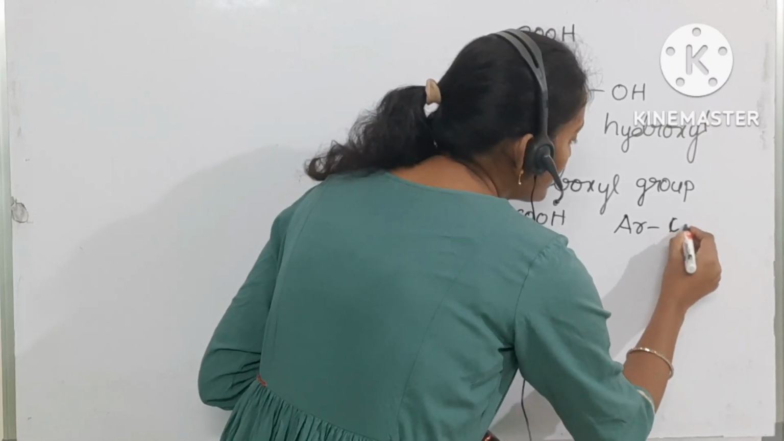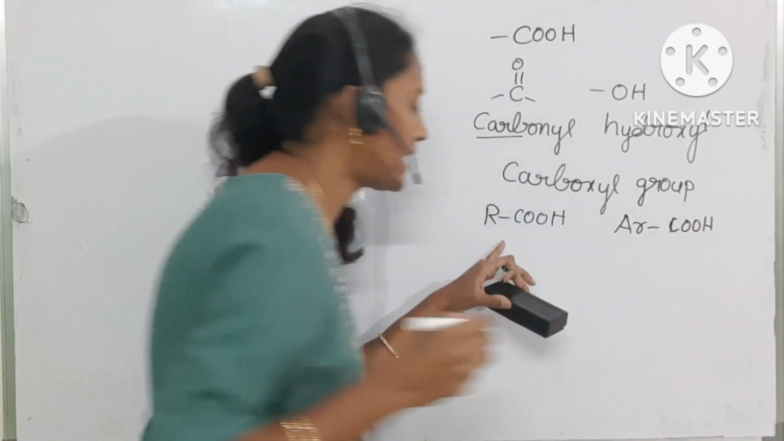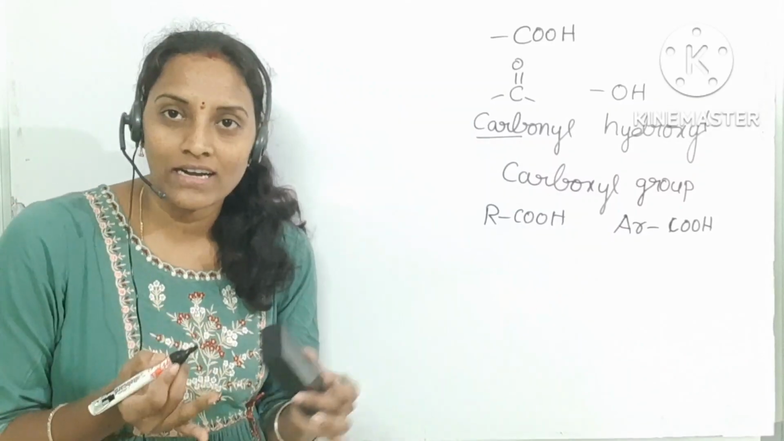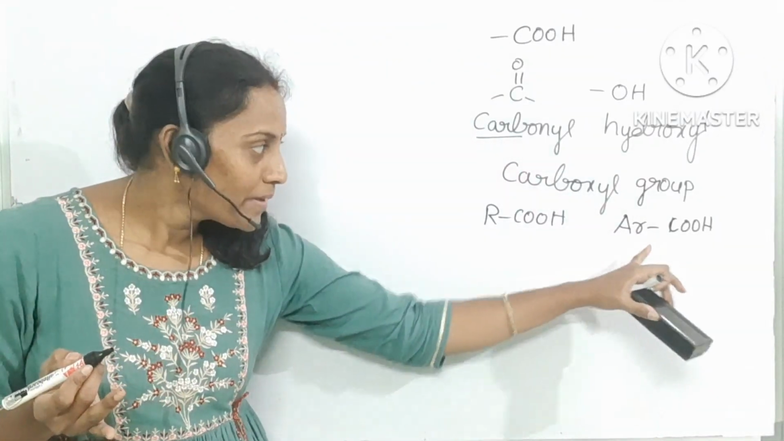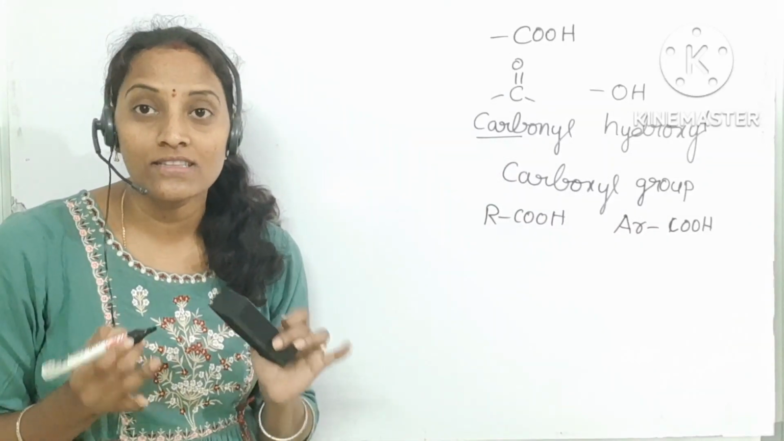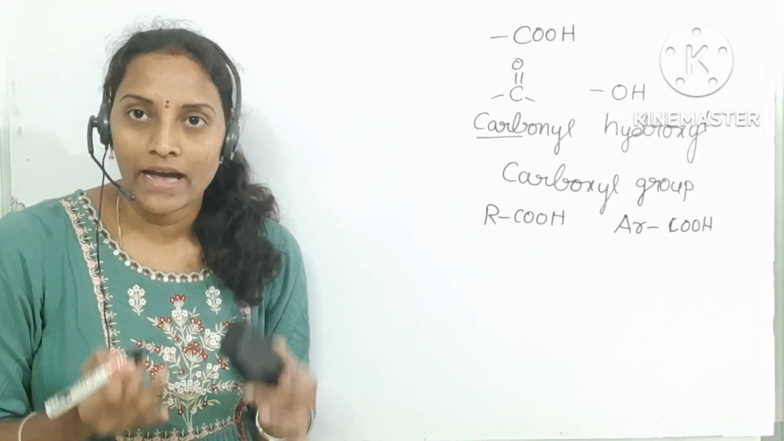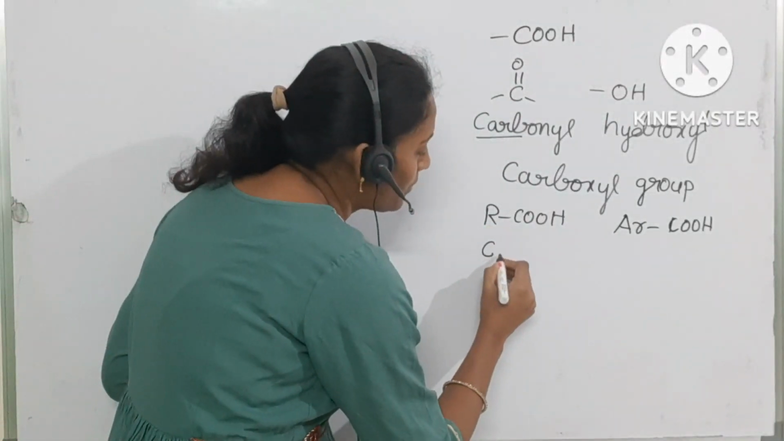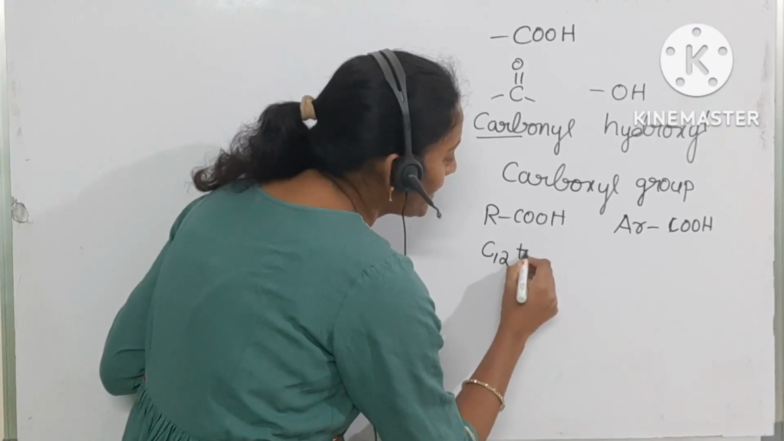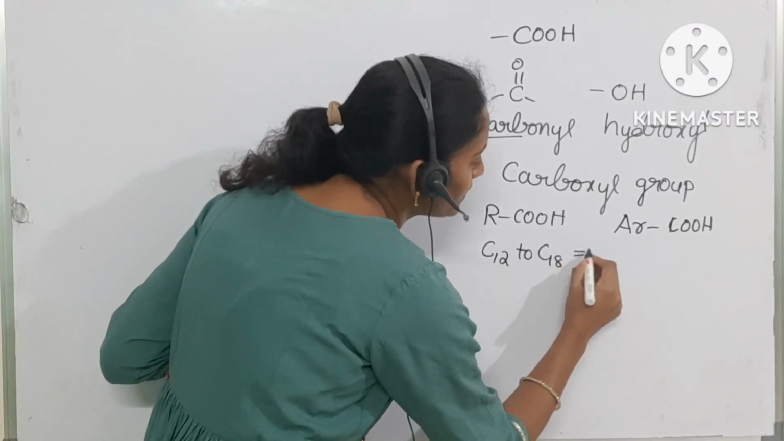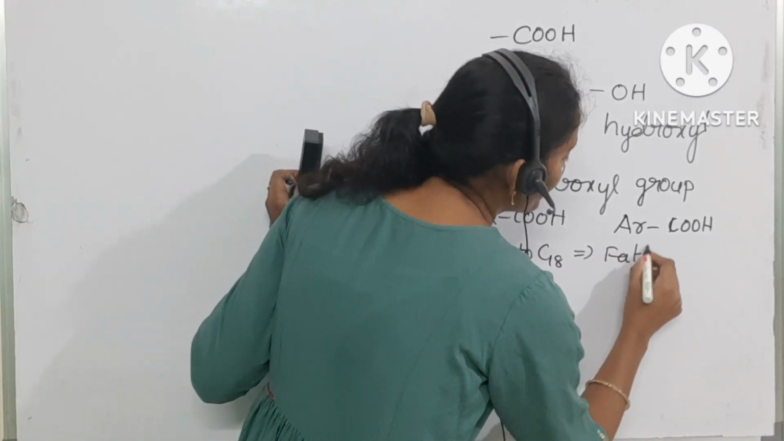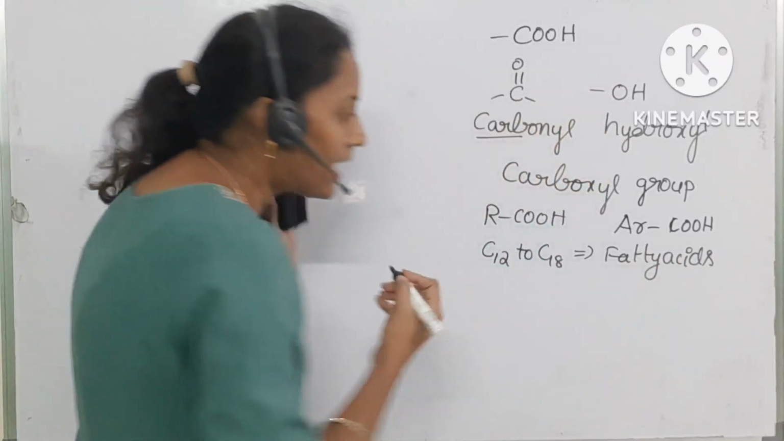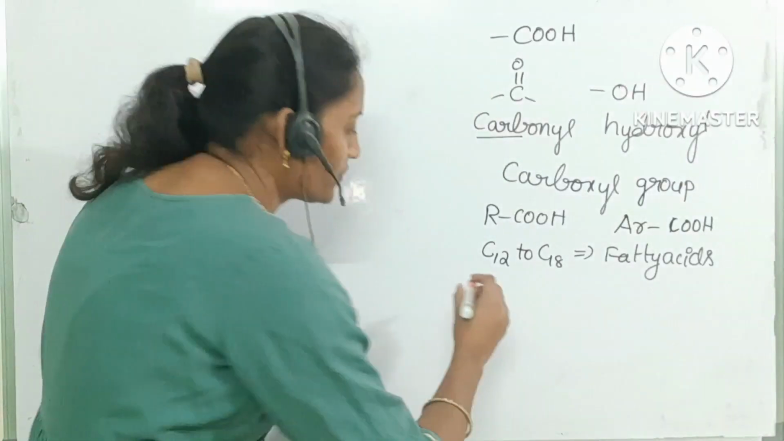Why? Because here, in aliphatic carboxylic acids the carboxylic group attaches with the alkyl group. In aromatic carboxylic acids the carboxylic group attaches with the aryl group. Here if the carboxylic compound has 12 to 18 carbon atoms, that is called fatty acids. Fatty acids and carboxylic acids are the starting materials for